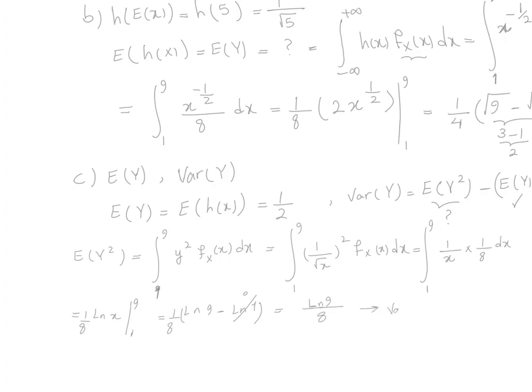And the variance of y is equal to ln 9 over 8 minus the expectation value of y that we calculated in the previous section, which is half, so the square of that is 1 over